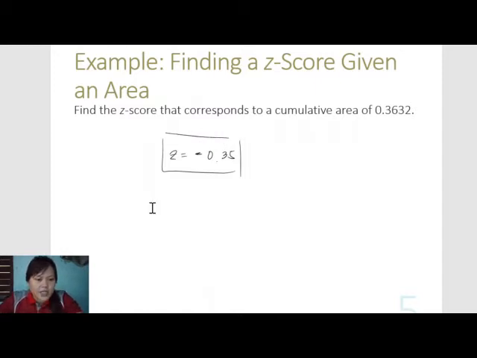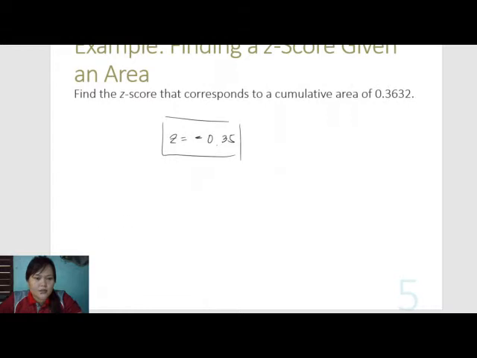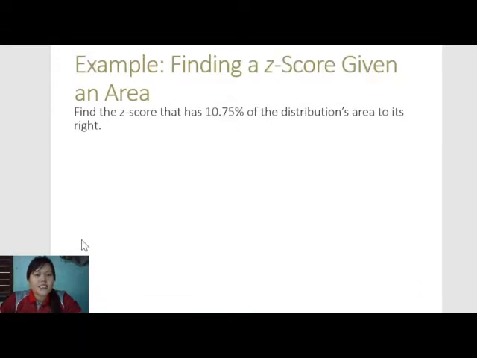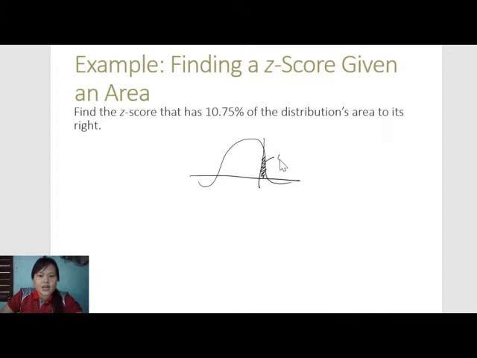Next. Find the z-score that has 10.75% of the distribution's area to the right. Okay? So 10.75 to the right. If you analyze it on the chart, this is the area we are looking for, to the right. And the value is